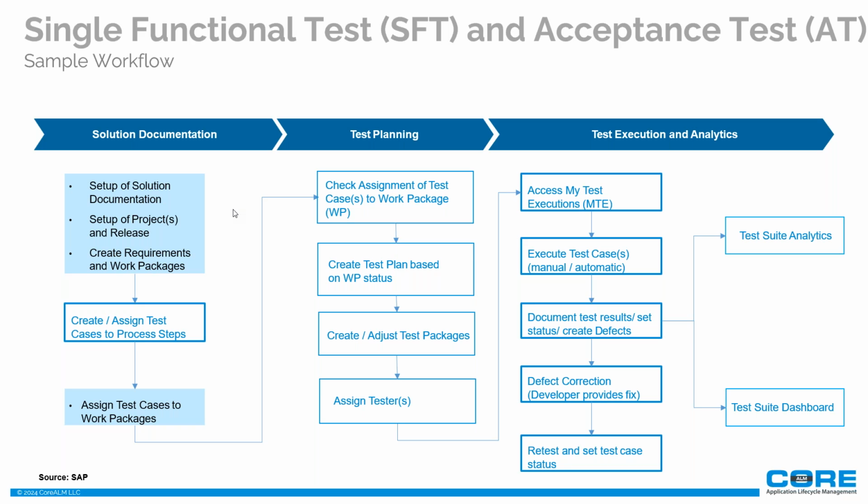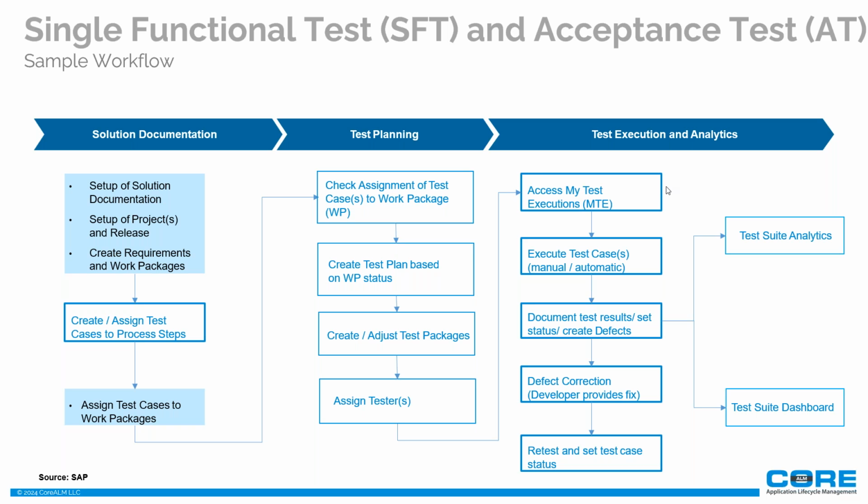And on a particular process, when we create the requirements, we assign the test cases into process tests. And after we assign the test case, we make sure that the test cases and the work package are assigned to particular processes. And after we check that, we go ahead and we create the test plan based on the work package statuses. We adjust the test plan, we assign testers, and then we go on to the execution, which happens after you assign testers